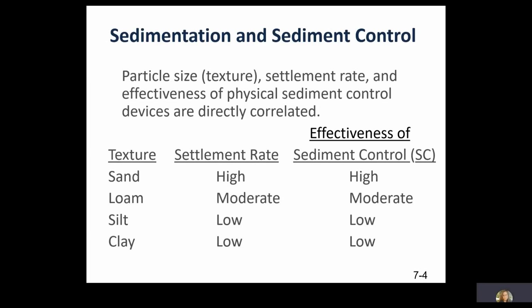Because of this, it is very important to not only know the types of soils on your construction site, but to place your primary focus on erosion control methods such as staging and phasing. Erosion control is typically more cost-effective than sediment control because once soils start to move, it is more difficult and time-consuming to remove them from runoff water.